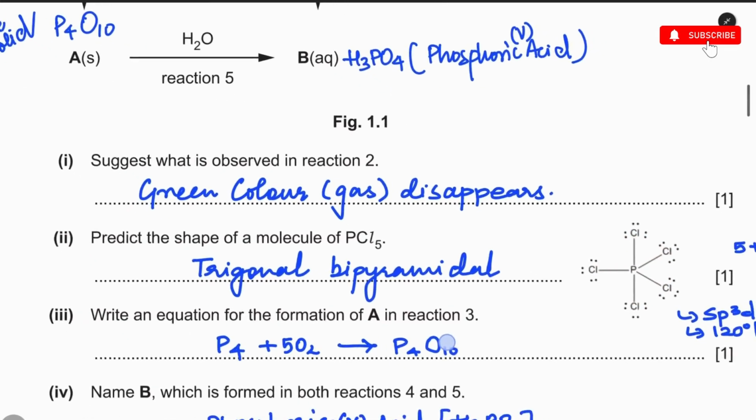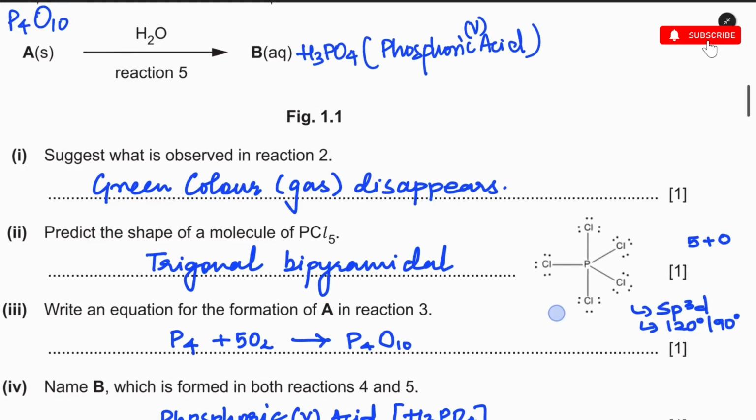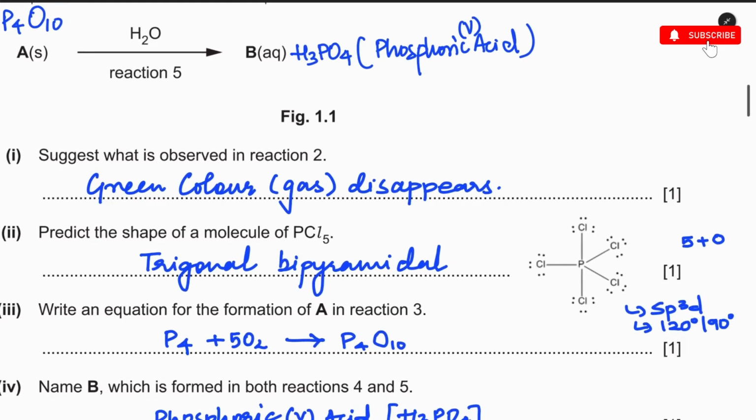And if I want to talk about the hybridization, as you know it's going to have 5 bonds. 5 bonds means 5 lines you can also take. The first line always comes from the s, 3 come from p, and the rest come from d. So you can see we have s1, p3 and d1, which gives me 5 bonds, and this is nothing but sp3d hybridization. This is how you can check the hybridization, and it consists of 120 degree and 90 degree angles.